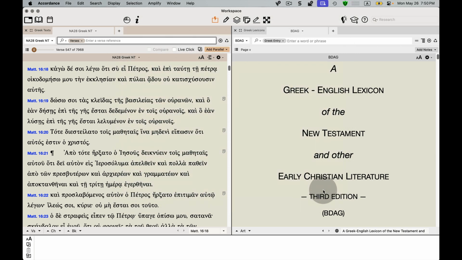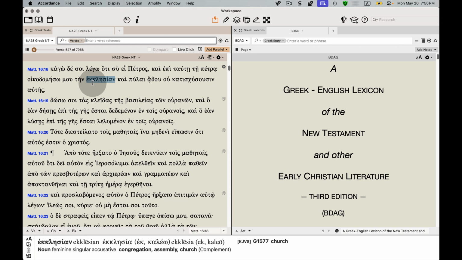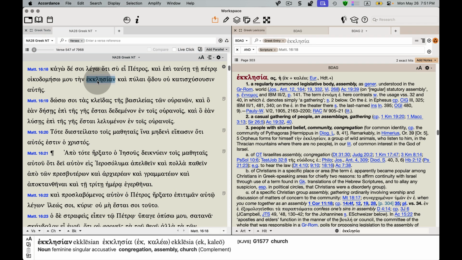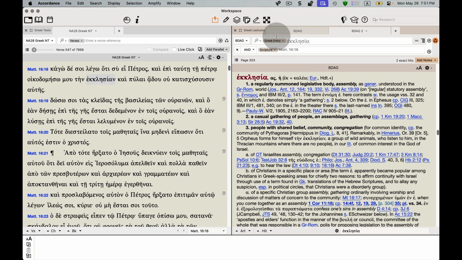And then here I'm in Matthew 16:18, and one of the Greek words we see here is ecclesia. And I needed to read BDAG's article on ecclesia when I was putting together my PhD dissertation. And so if I triple click on the word ecclesia, we see here that BDAG has now gone straight to